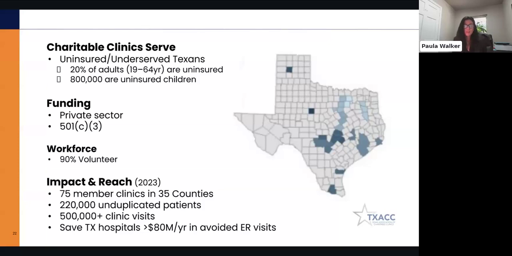Our impact and reach, the numbers I'm going to show you, the data I'm going to share is 2023 data, but in our 75 member clinics, we saw over 220,000 unduplicated patients in that year. That's about average for us. And we count patients just once. So a patient comes to see us, and it doesn't matter if they come see us once that year or 20 times that year, we count them as one, which is why we can share that we have over 500,000